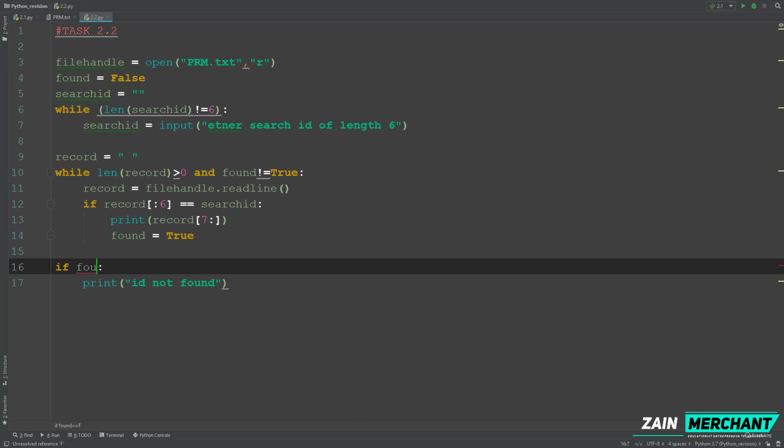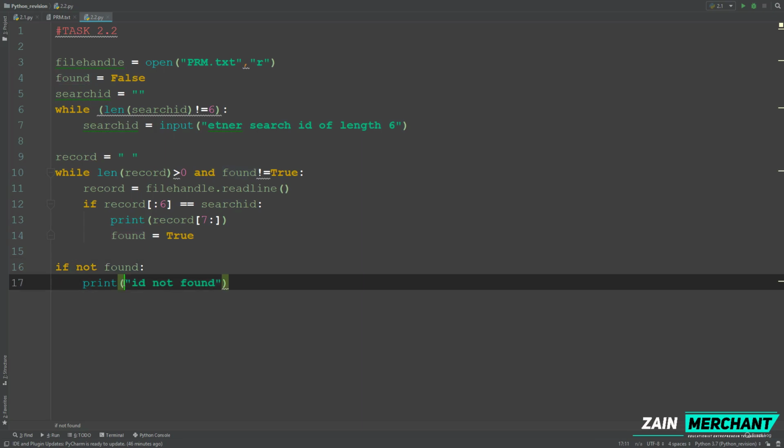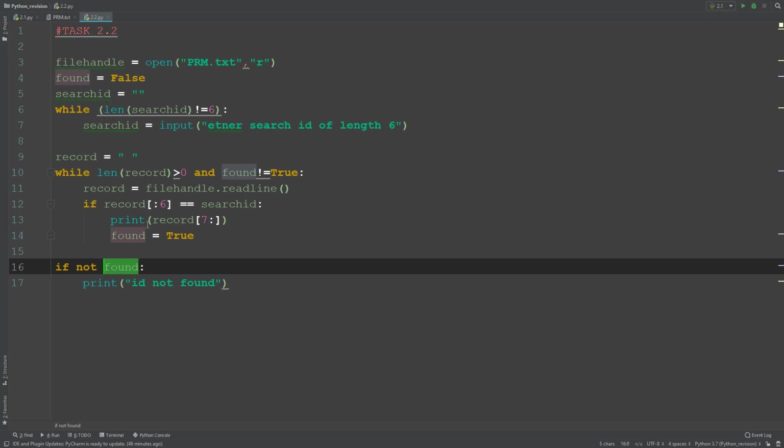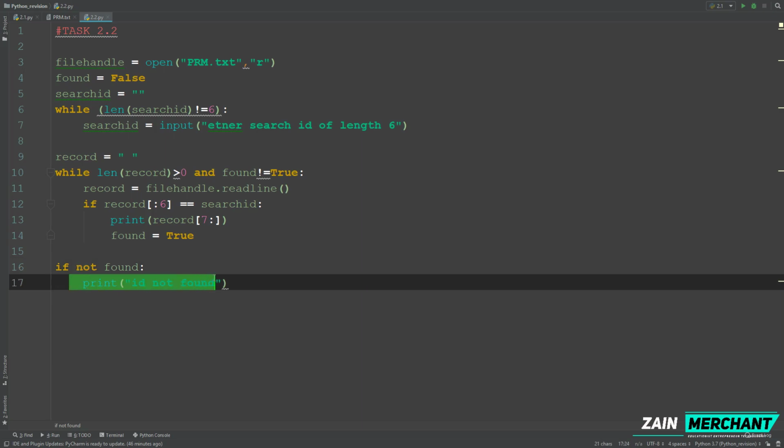What I'm changing this line to is something simpler, that is, if not found. Since the variable found is a boolean, if the value for found is false, this not will convert that false into true. So if the condition is true, then this will be printed. If the value for found is true for some reason, after we found this search ID, then this not will convert that true into false, so this will not print this line. And at the end,